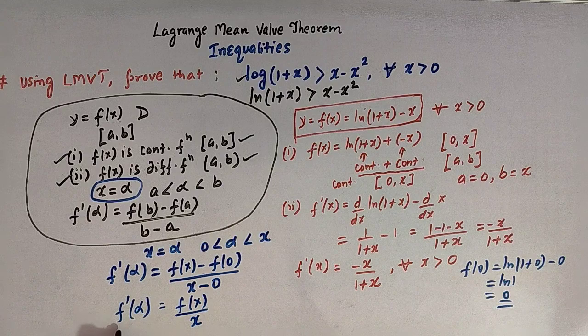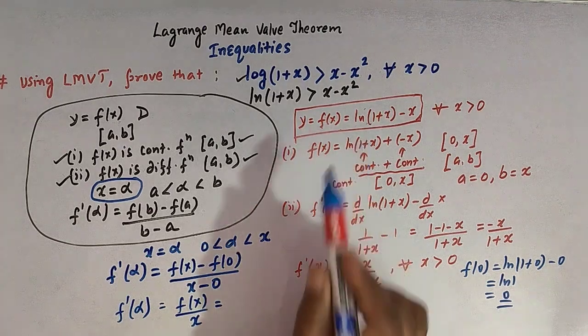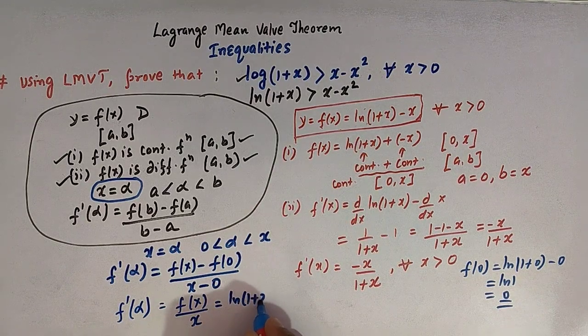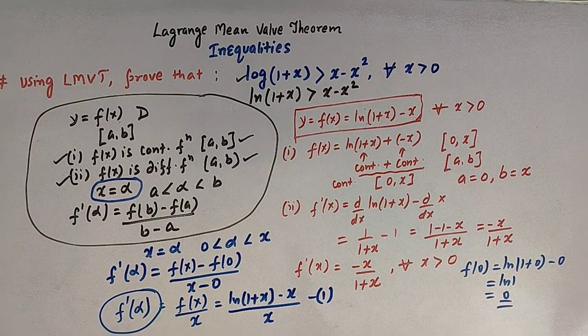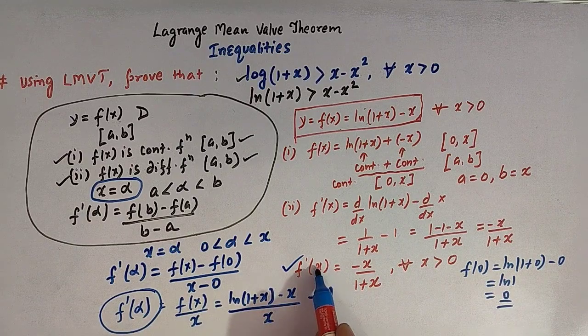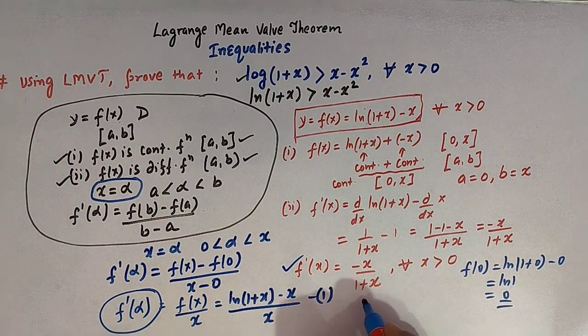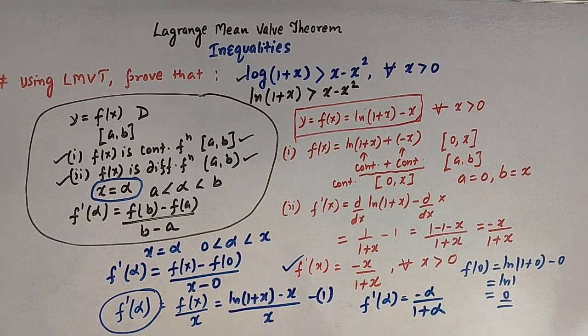So f prime of alpha is equal to f of x over x, and f of x is log of 1 plus x minus x, divided by x, right? So now we have this expression. Okay, now see here we have f prime of alpha, right? And f prime of alpha can be obtained from this expression by taking x equal to alpha, right? So here f prime of alpha can be written as